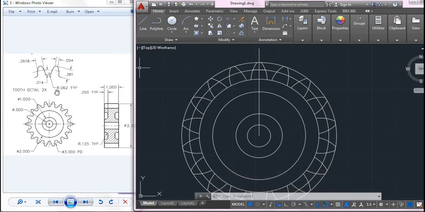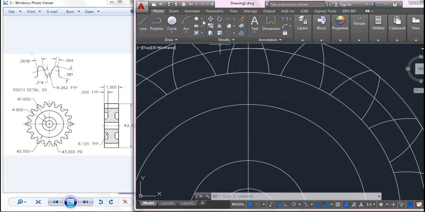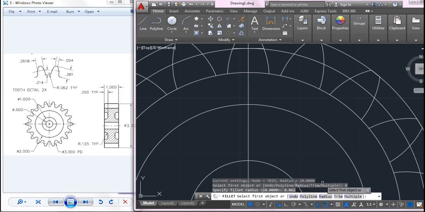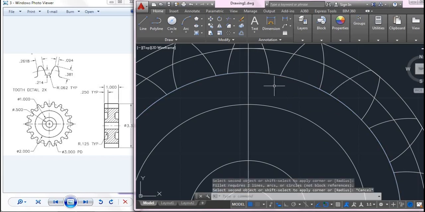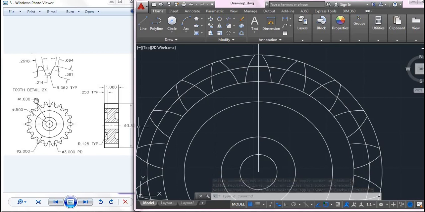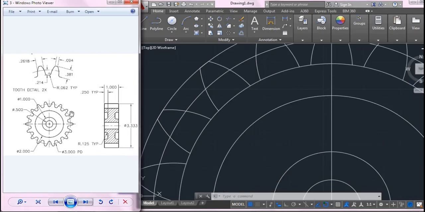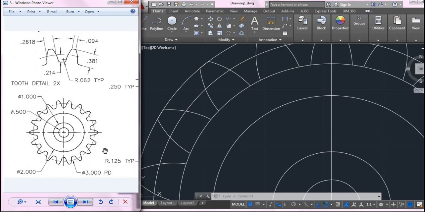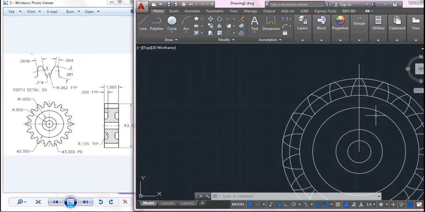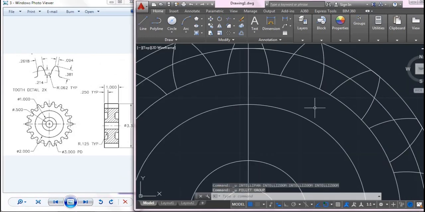And also we have a fillet radius. It is given as R0.062. So in order to specify this, you should go for fillet, and you should take fillet radius as 0.062, enter, and you should select the lines, these two lines. But what we do is, before going to array, let me fillet all the edges, or else your drawing will be taking more time. That is, you should specify fillet for all the edges. So what I will do is undo the array, that is with the help of Ctrl Z. Go for undo.